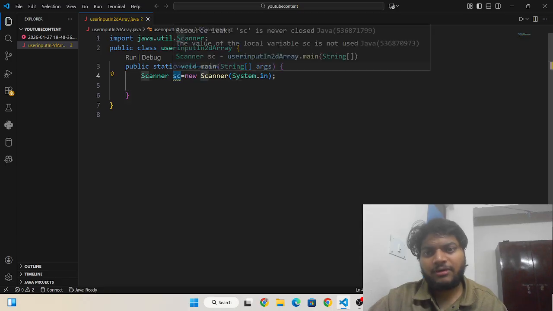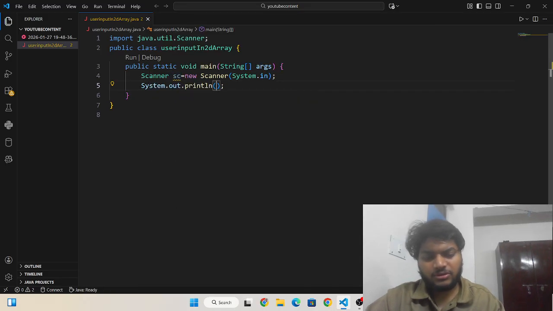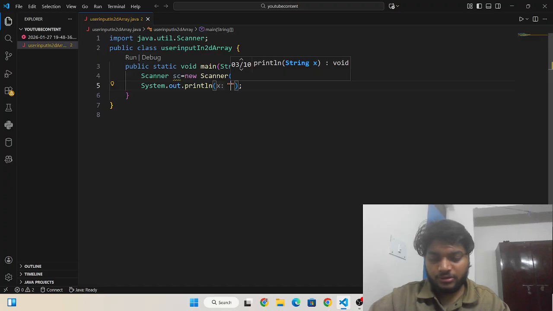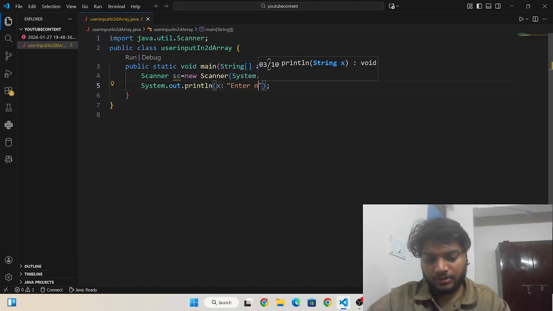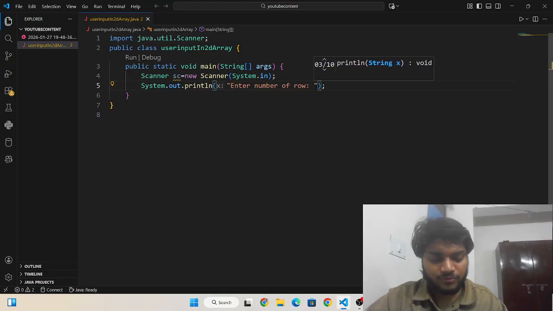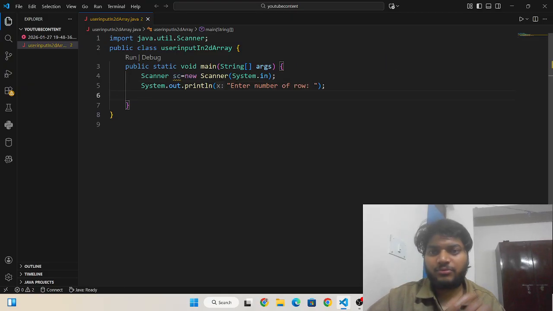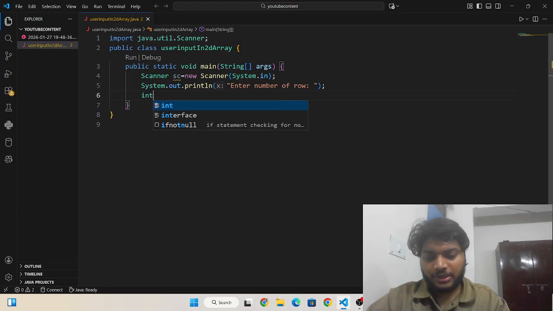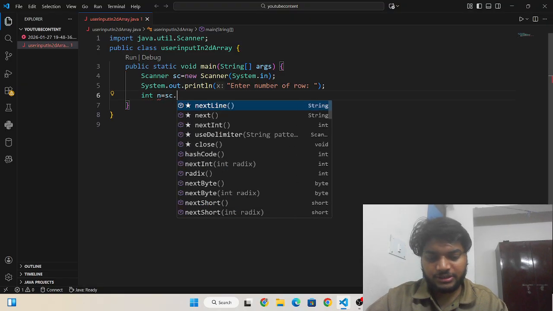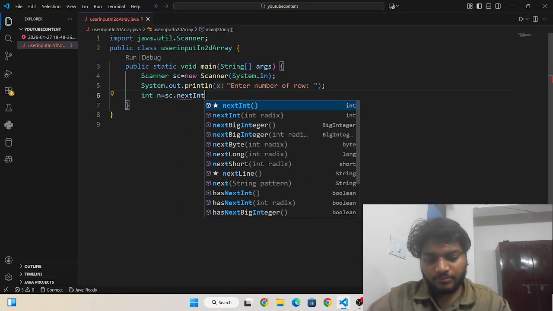Now I'm going to write a message to the user to enter the number of rows. I'm going to take the number of rows first from the user, so I write int n is equals to sc dot nextInt.